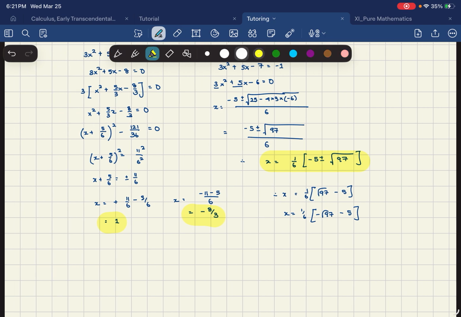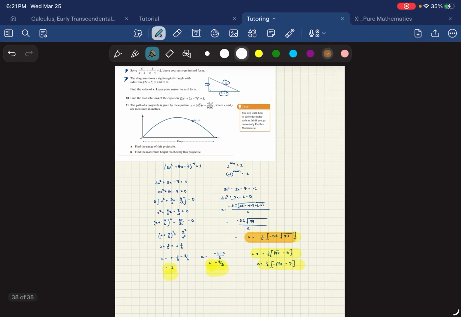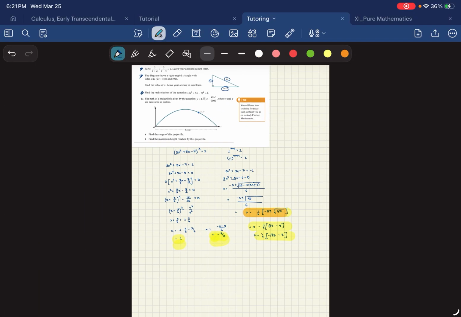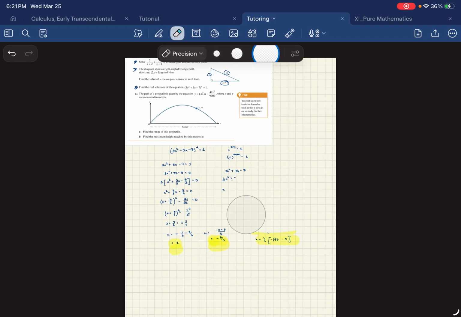So those are your four answers: 1, 2, 3, and 4. Or you can express your two answers together, like in this part. But that is how you solve question 10. And let's go to question 11. So the path of a projectile